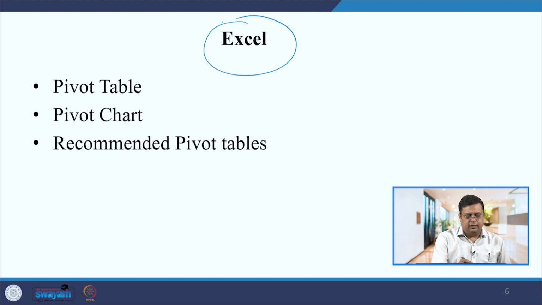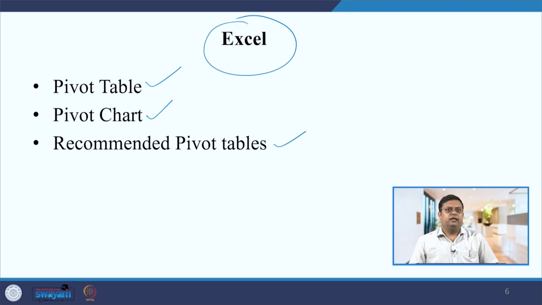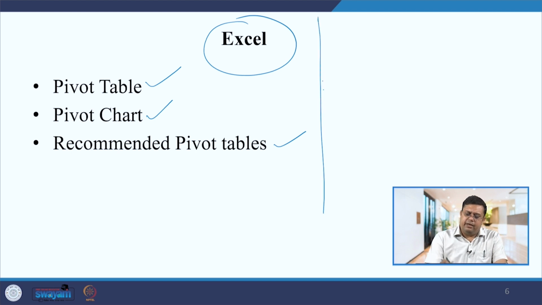So in Excel, what will we be learning? In Excel, we will be learning how to use the pivot table, pivot chart and recommended tables. That is what we will learn in Excel in the next session. There are many things that can be discussed in order to do analytical analysis in Excel, but we will not go into that detail. We will discuss only how to make a pivot table, how to make a pivot chart, and how to get a recommended table,